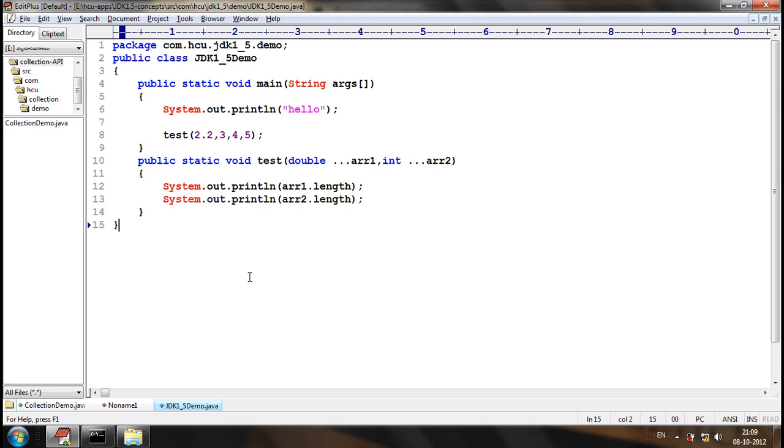In a method or a constructor, maximum only one varargs is possible. If there is more than one varargs in a method or a constructor, then it is a compile time error. Maximum only one varargs should be there. This will definitely be a compile time error.